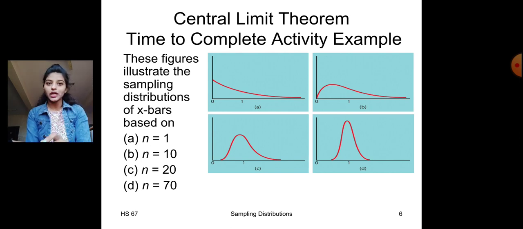When there is only one mean, the mean is 1 and the standard deviation sigma is 1, the graph will not show any normality and will be just like this. When we increase the size of the population to n equals 10, 20, 70, the graph will keep moving upward. So when we include more persons, when we take n equals 100, n equals 200, the graph will increase as we increase the sample size. And yes, this is all about the central limit theorem.